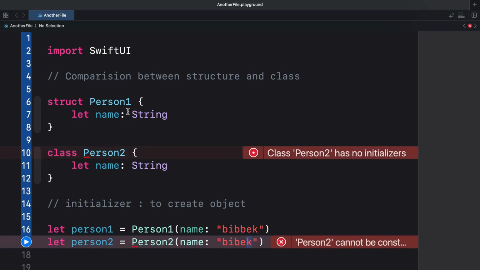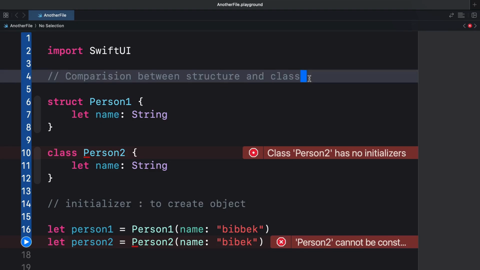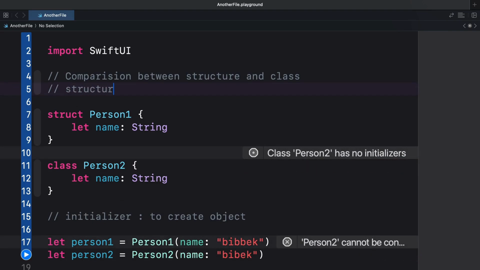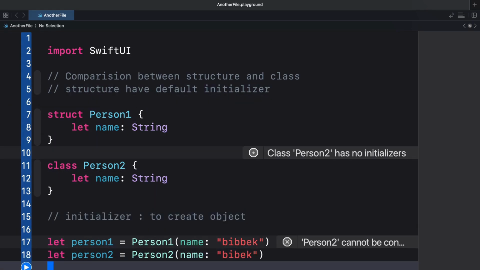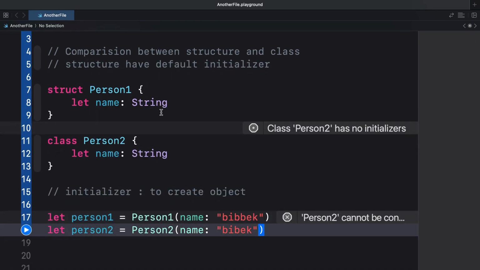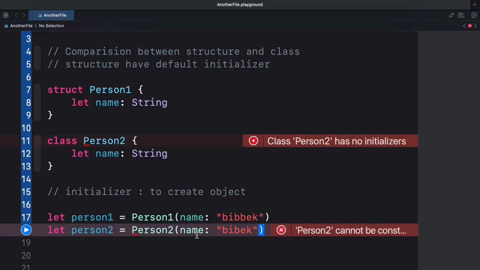Now for the structure, we can easily pass the argument from here and then assign it to this property name, because structure has by default initializer. So structure has default initializer, but class do not. That's why on line number 18 it complains.